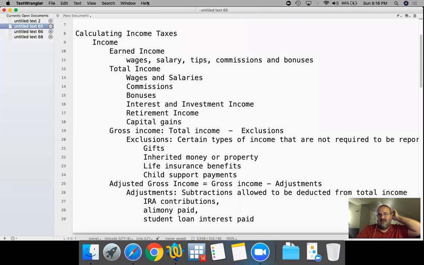So how do we calculate our net income? Let's define income to begin with. First, we call it earned income. This is wages, salary, tips, commissions, and bonuses. There's usually a form called W-2 that you receive every year during tax time. If you are working on a salary or receiving any wages, tips, commissions, or bonuses, you're going to receive that W-2, which will include all the wages and salary in gross, whatever you actually